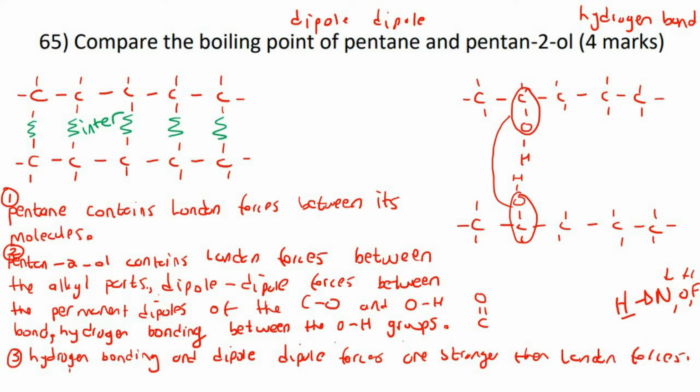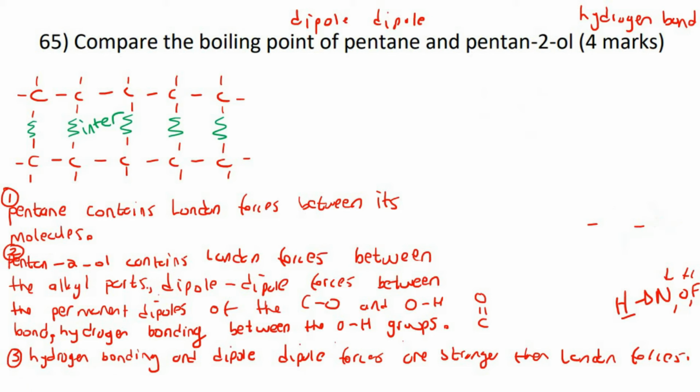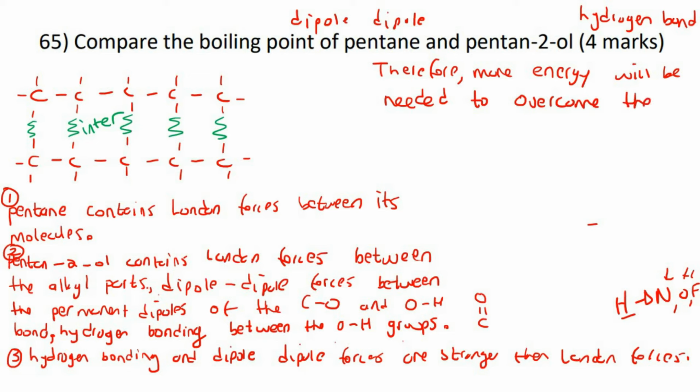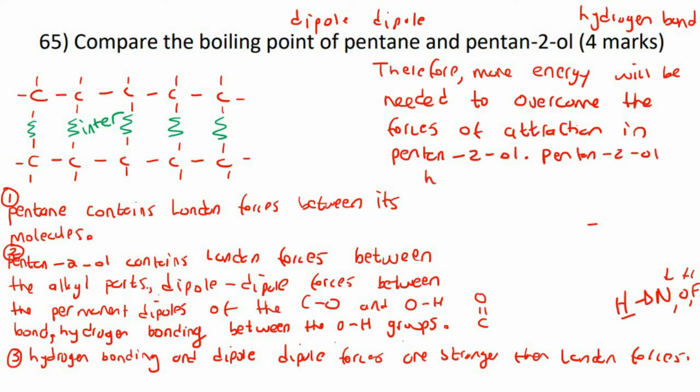Then your 4th step is to make a conclusion. This is where you actually answer the question. I'm going to put my 4th one up here, but don't say 1, 2, 3, and 4 in the test. I'm just showing you the 4th case. So the next part would be, therefore, more energy will be needed, because the forces between the alcohol molecules are much stronger, so you would need more energy to separate them. So you're saying more energy will be needed to overcome the forces of attraction in pentan-2-ol. Therefore, pentan-2-ol has the larger boiling